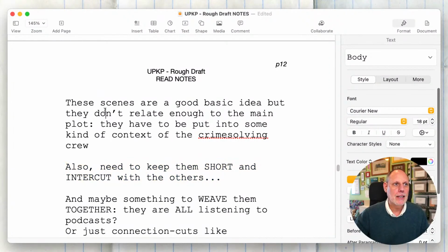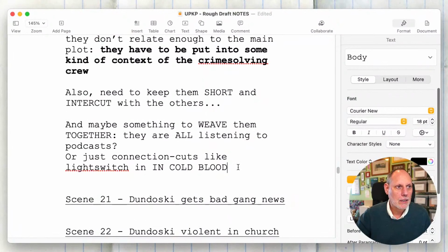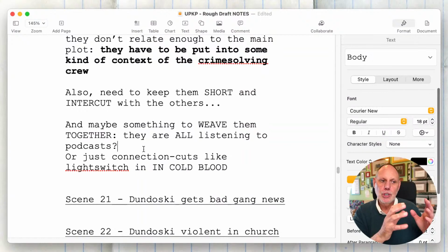What I said to myself was, it's a good basic idea to check in with all these characters, but they have to be put into some kind of context of their group activity. So the question is how to connect them.